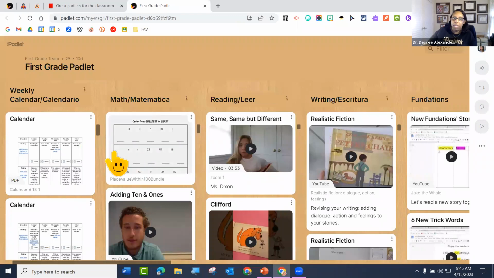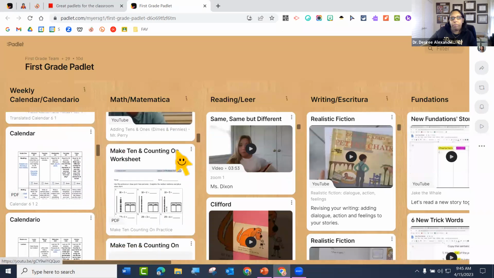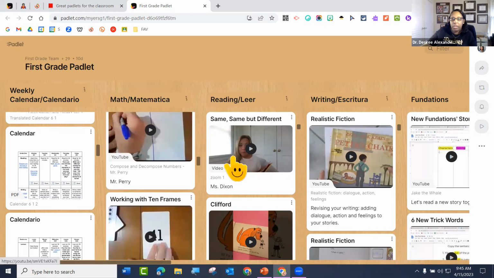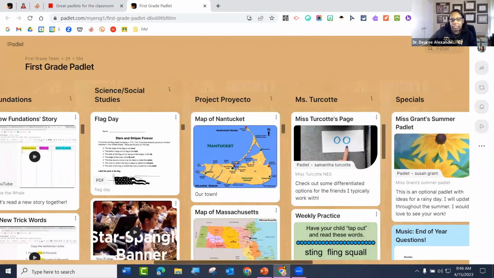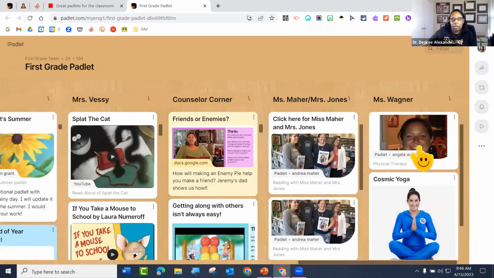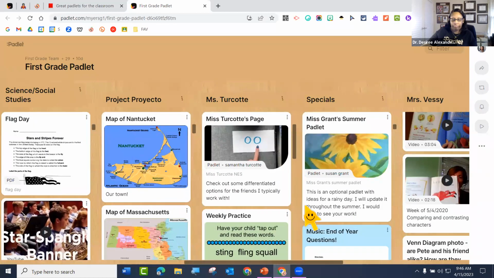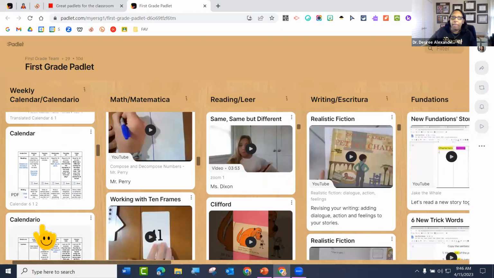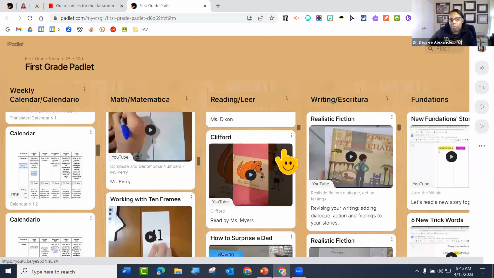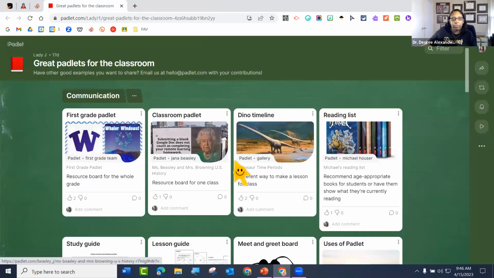Of course, it will be used with the parent, right? But we have our calendars here. We have different videos and sheets to help them with math, reading, writing, and different things. They have the different teachers here, something about each teacher to tell you about themselves, and books being read and things like that. So this is really a parent portal, right? We're not calling it a parent portal, but it's a parent portal. So there you go, as an example of using it with lower level.